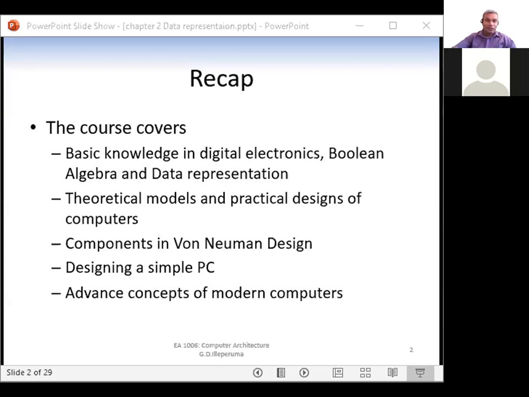So yes, you heard me right. This time we are going to design a very simple computer. Hopefully we have enough time to do it. So that means from scratch, starting from gates, you will be designing a computer, and you may also design